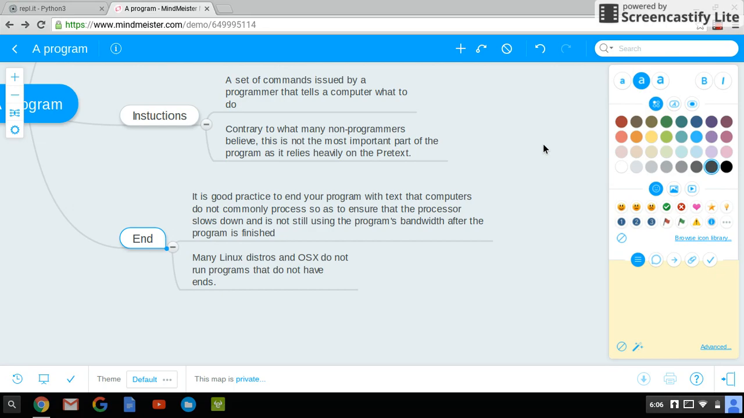It is good practice to end your program with text that computers do not commonly process, so as to ensure that the processor slows down and is not still using the program's bandwidth after the program is finished. It's basically the opposite of the pretext. You're not speeding the processor up now with phrases that it commonly processes, you're slowing it down with phrases that it doesn't commonly process. And to do this, you're going to need an understanding of your user, because